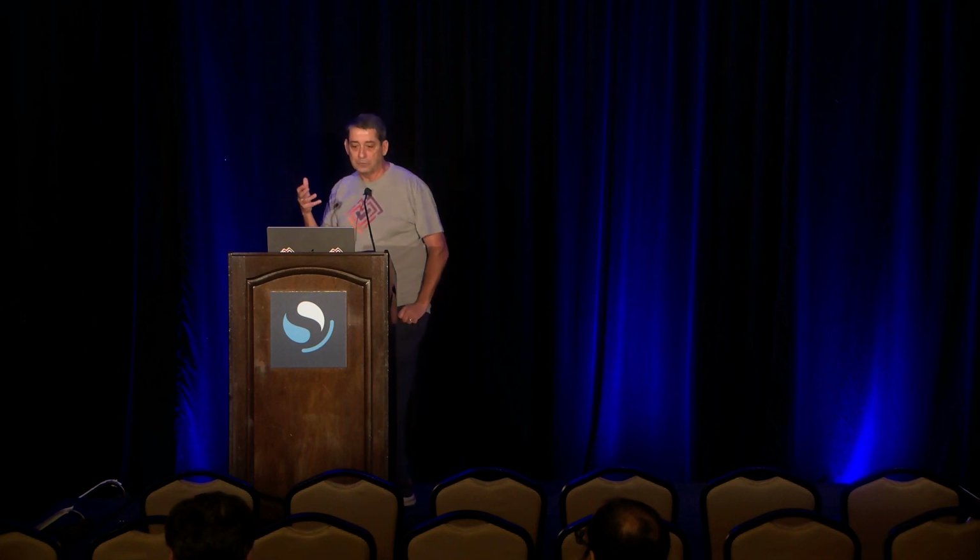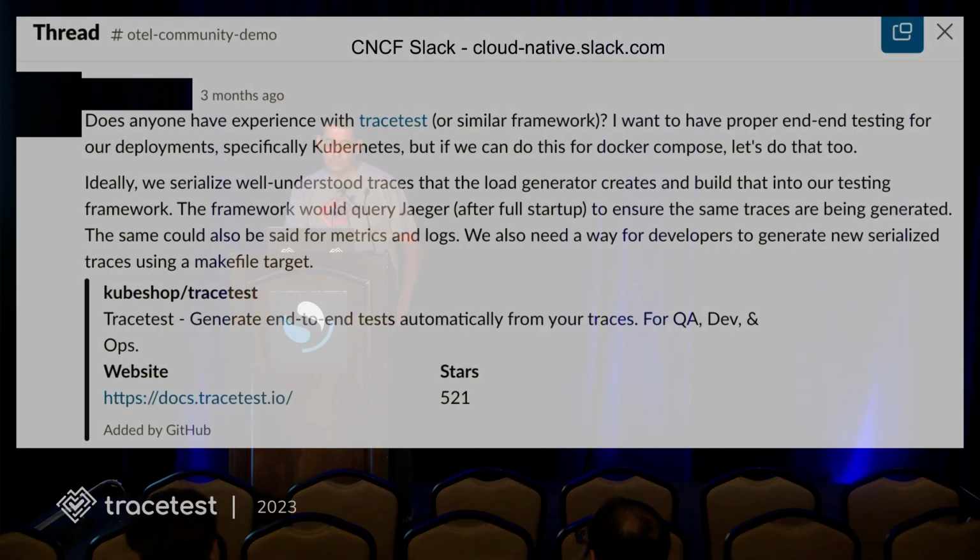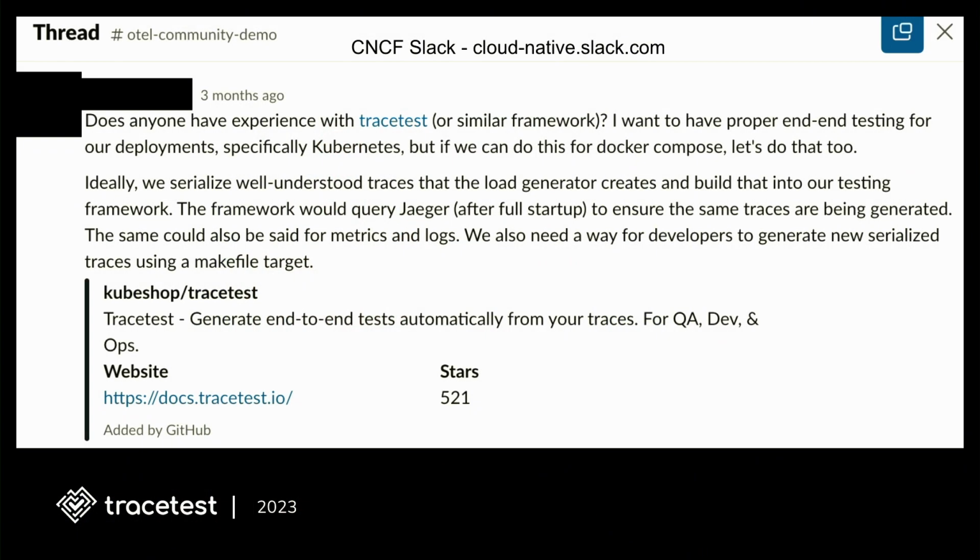So life was not good, as we found out this summer. And this is really the storytelling part of this. In May, there's a CNCF group responsible for the demo specifically, and they've got a lot of contributors and are very active. And in the CNCF Slack, which is a great resource if you're interested in OpenTelemetry and haven't joined it, one of the core contributors said, hey, does anybody have any experience with using trace-based testing? He's basically like, we need to have better testing that does full end-to-end testing. And he went on to state